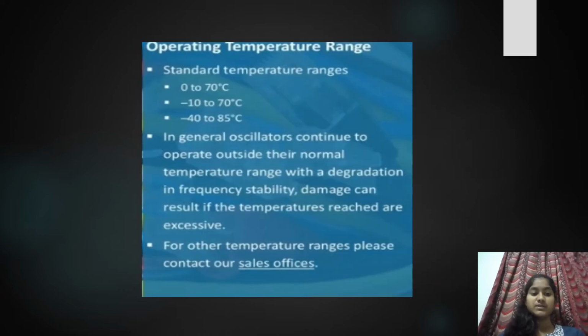What is the operating temperature range? Standard temperature ranges are 0 to 70 degrees centigrade, minus 10 to 70 degrees centigrade, and minus 40 to 85 degrees centigrade. In general, oscillators continue to operate outside their normal temperature range with a degradation in frequency stability. Damage can result if the temperatures reached are excessive. For other temperature ranges, we can